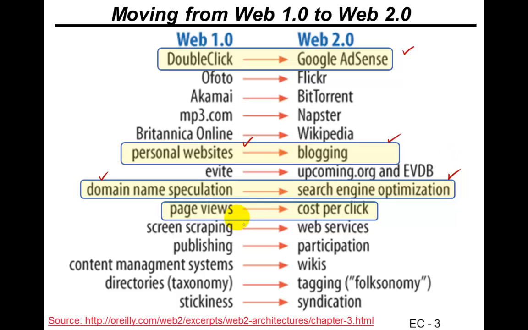The payment for internet advertisement is shifting from paying by page being viewed to cost per click. This is called CPC, which means a company like Google won't charge you until a customer clicks on your ads, which brings them to your website. Then they will charge you, and that cost is called cost per click.